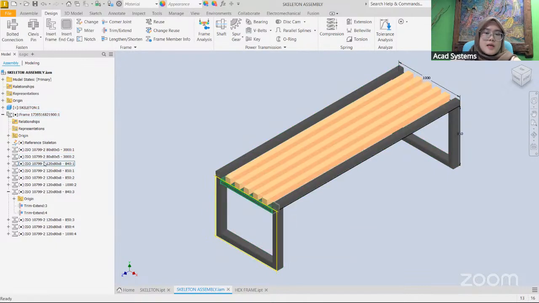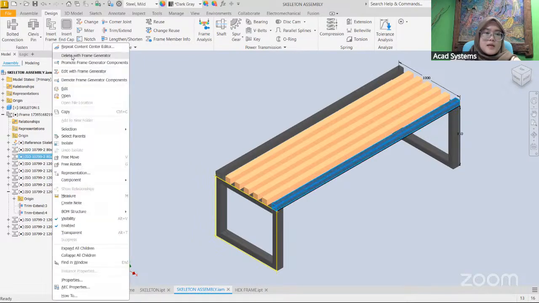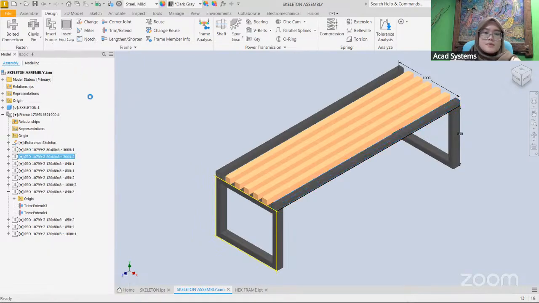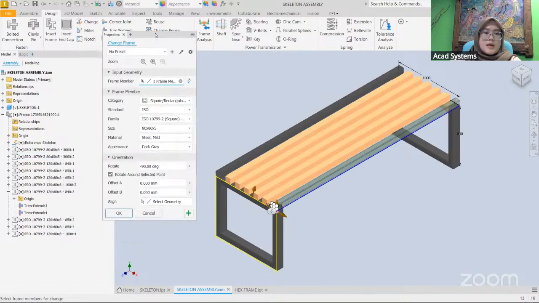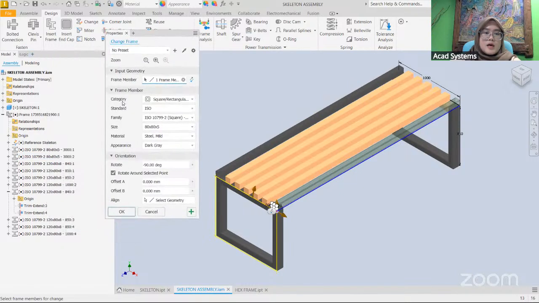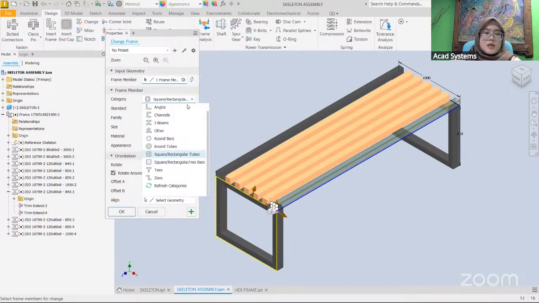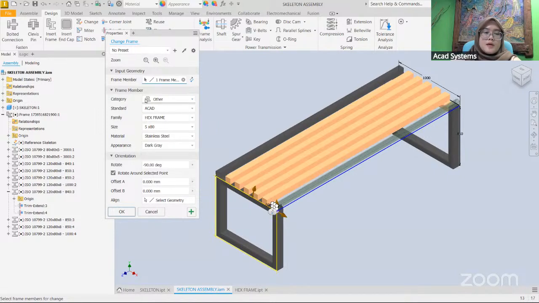So I will choose this frame. Right click and edit with frame generator. Okay, right over here, you can see our category. So the category will be other. So we already saved our custom frame at other. Just click the frame other. So standard will be Acad. So remember, we put our standard as Acad. So the family that we have